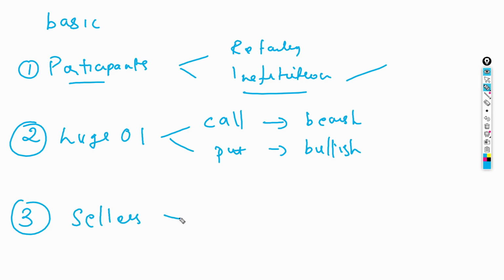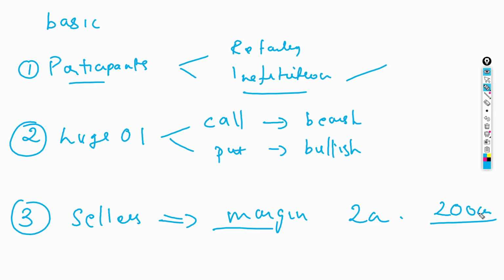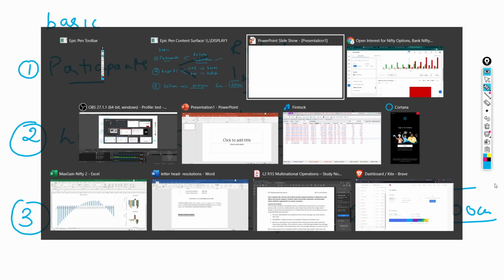So here we mainly discussed margin and who actually brings in so much margin. What we saw here is the buyer only required somewhere close to 2 crore, the seller required around 200 crores, and we know for a fact that big money is with the institutions. So if someone is selling an option for 200 crores, it has to be the institutions. So these things have been covered in this particular video, and we also saw how visually we can try to